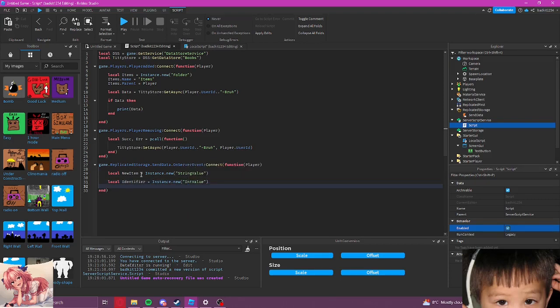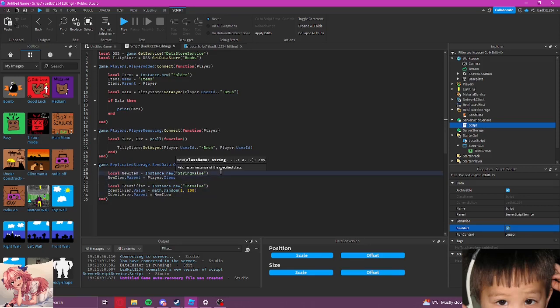Then identifier.Value equals math.random from 1 to 100. Identifier.Parent equals newItem, and we're going to give the new item's parent to player.items. Alright, there we go.